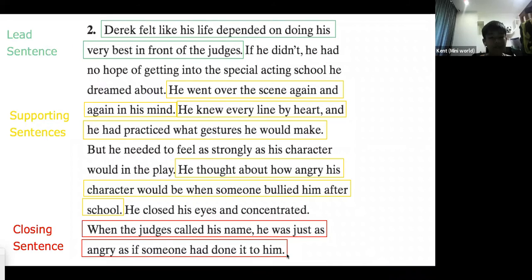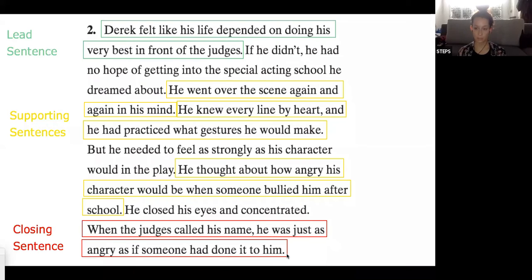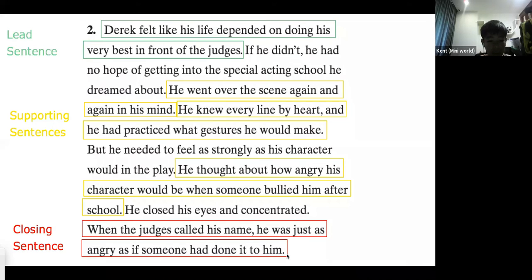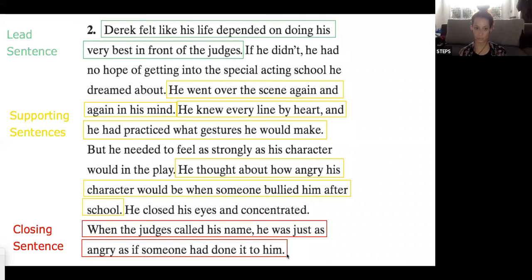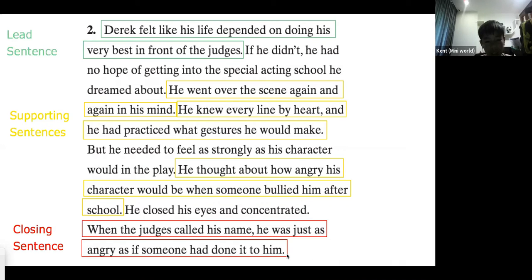In the first paragraph, he feels that he's very happy to doing the front of the job. He's happy or is he nervous? Oh, he is very nervous. And at the end, how does he feel? He is